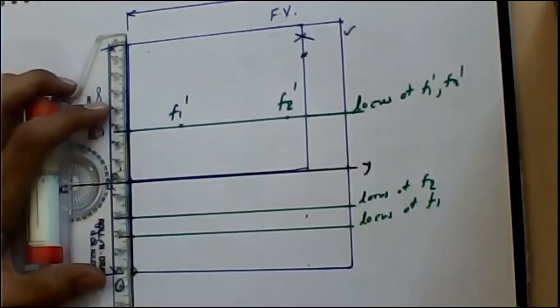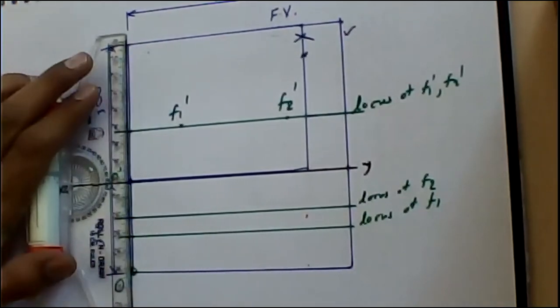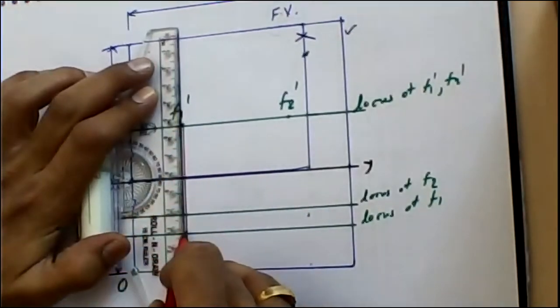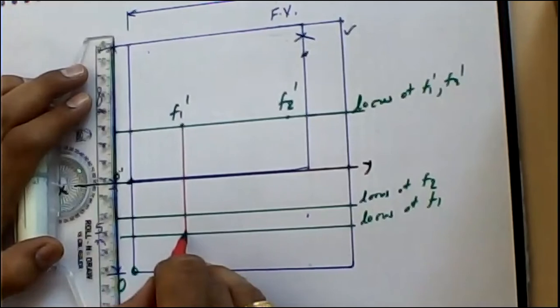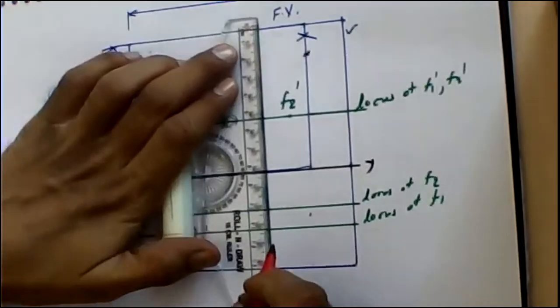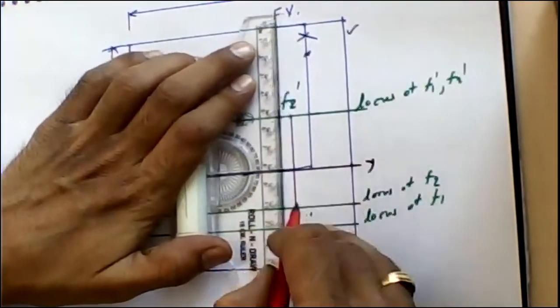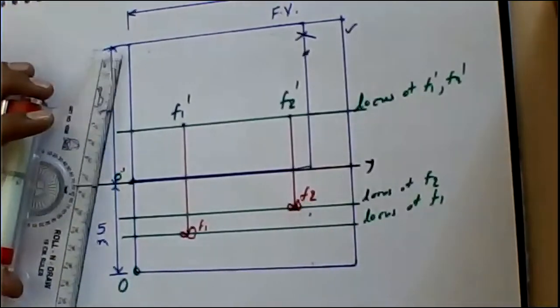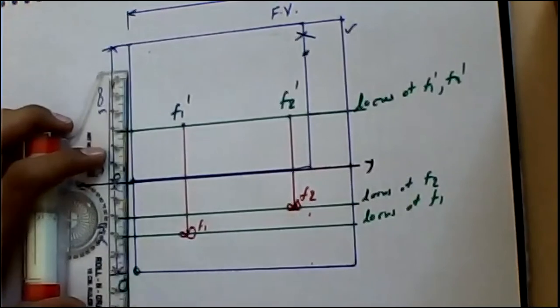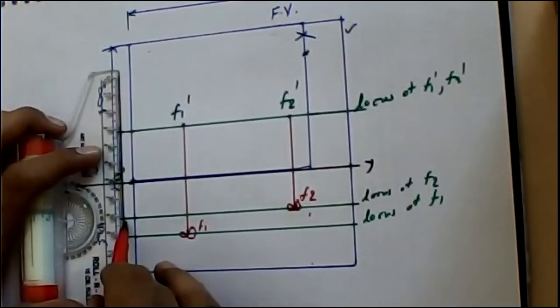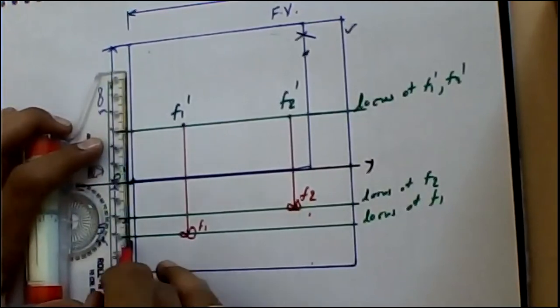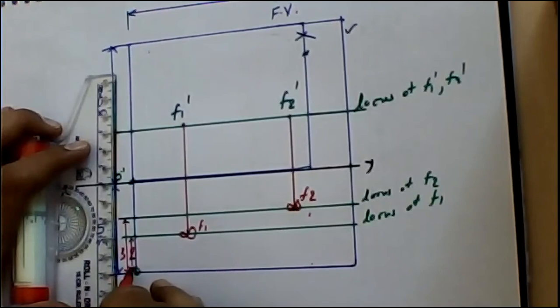Now if we press down the F1 dash in the plan view, when I trace it down up to the 2 meters, then this is going to be the position of fan from the top and it is going to be called F1. In similar manner, when it is traced down to the second one, this position is going to be F2. And what are the dimensions for those two lines? It is 2 meters and 3 meters. This is 3 meters and this one is 2 meters.